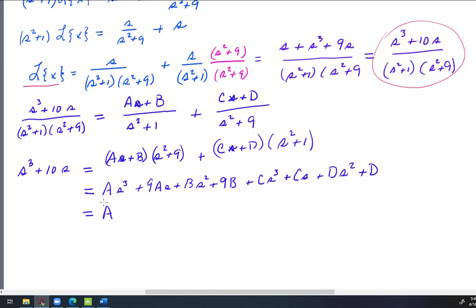So I've got an a, we're going to get the coefficient of the cubes together: a plus c, s cubed, plus, now we'll get the coefficients of s squared together: b plus d, s squared. Oh, algebra requires you to pay attention. bs squared plus ds squared